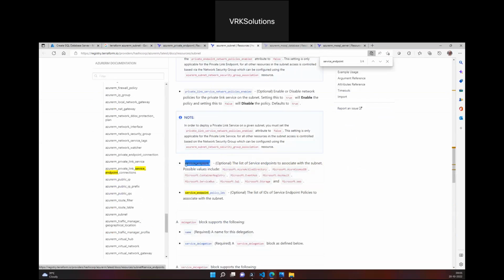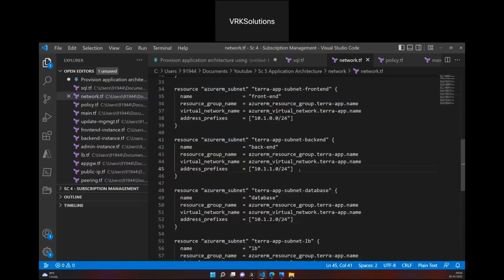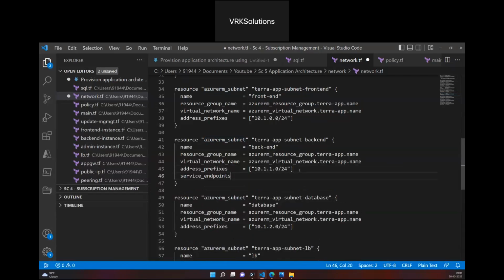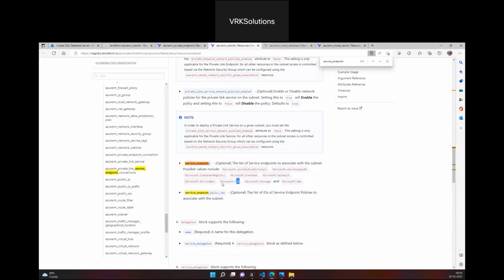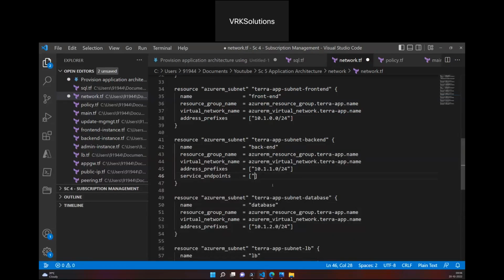I have to copy this only to the backend, only to the machines, and here I have to just mention Microsoft.SQL. This should suffice in terms of